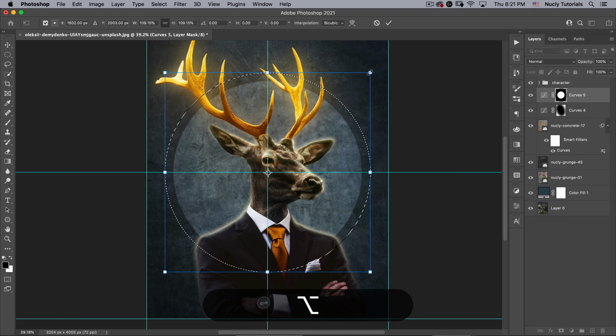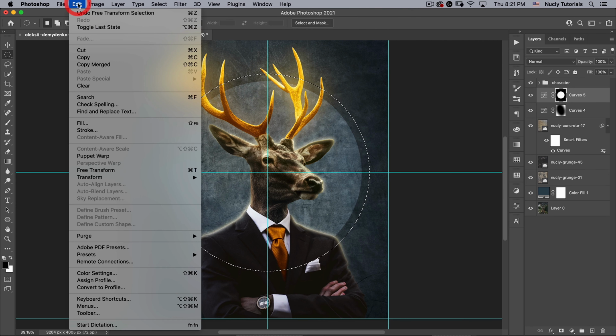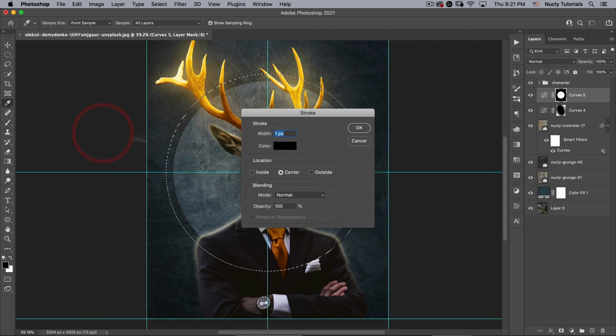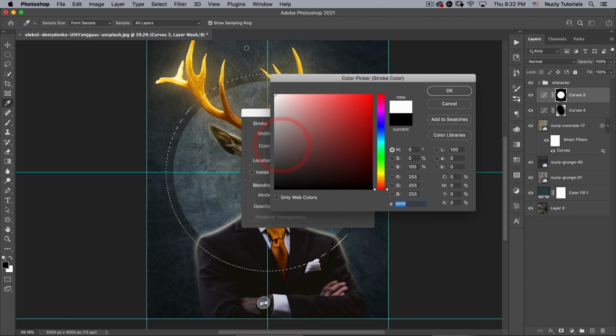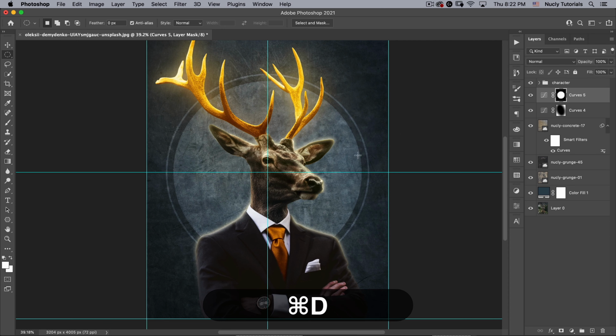Just go out about, I don't know, let's say 108%. Hit OK. Then we're going to go to Edit, Stroke. I want a 20 stroke, and because our mask is white, I want this to be white as well, and I want it to be on the inside, and that's just going to give us that nice secondary line there.